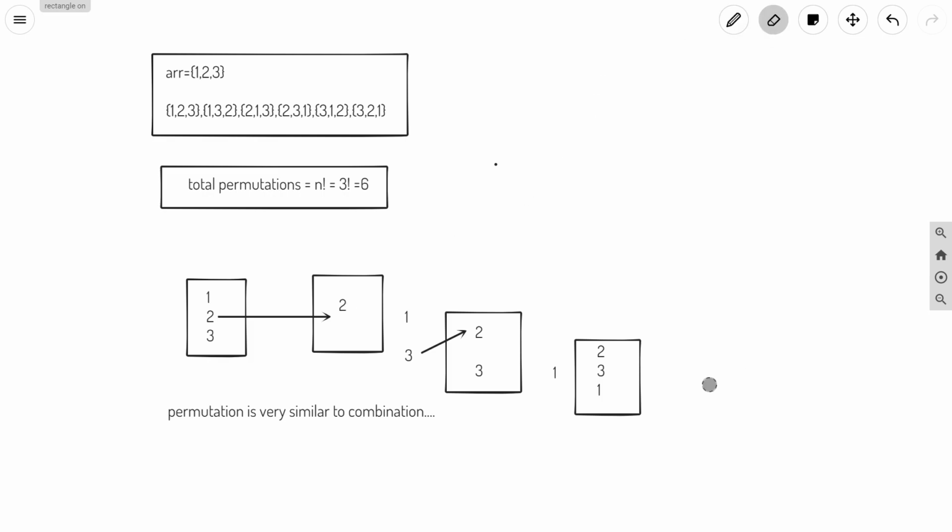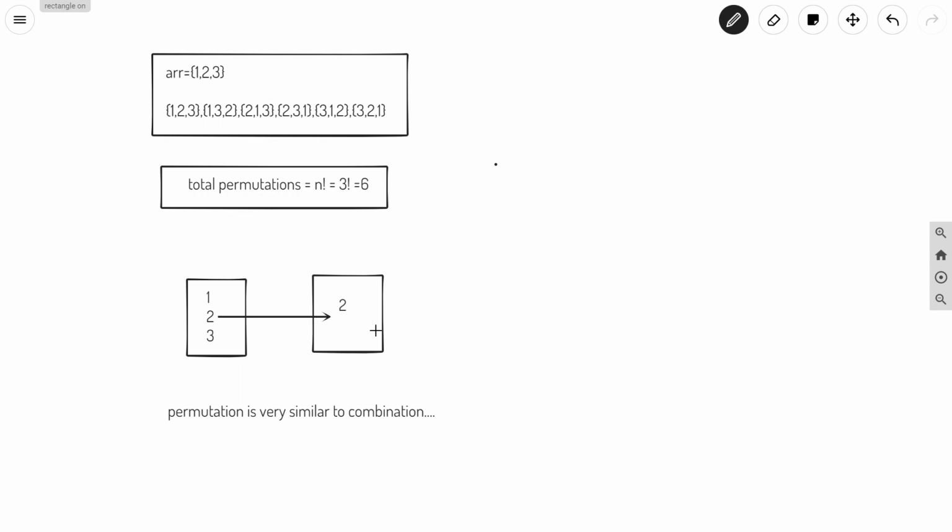And we will go 2 steps back again. We will pop out 2 here, and solve again. We will push back 3 in this case. Here we are having 3 with us, and again we are left with these two numbers which are not visited, 1 and 2.